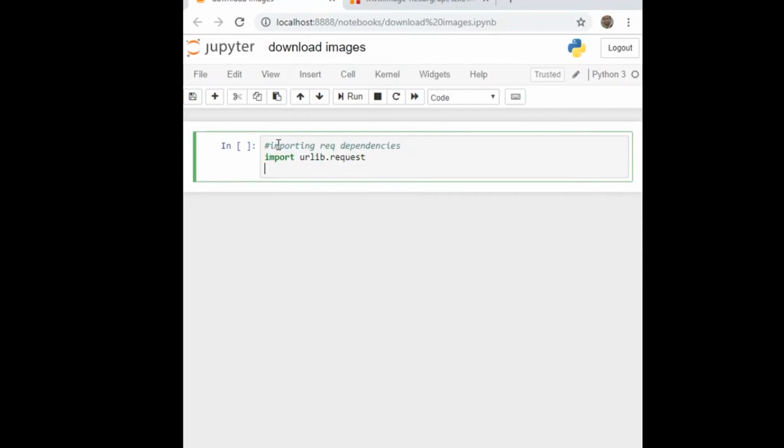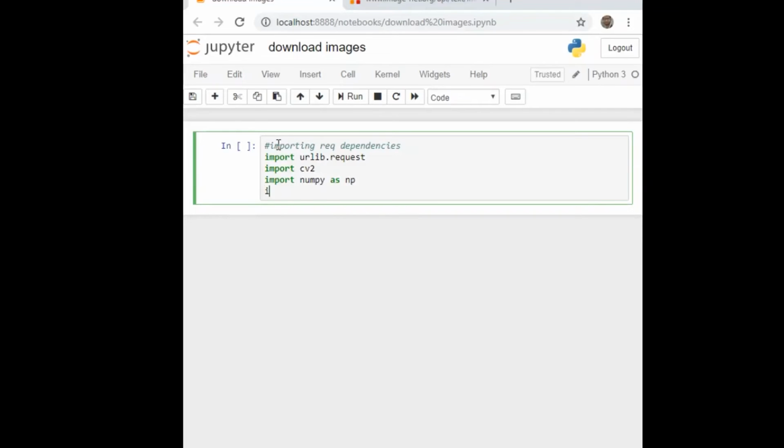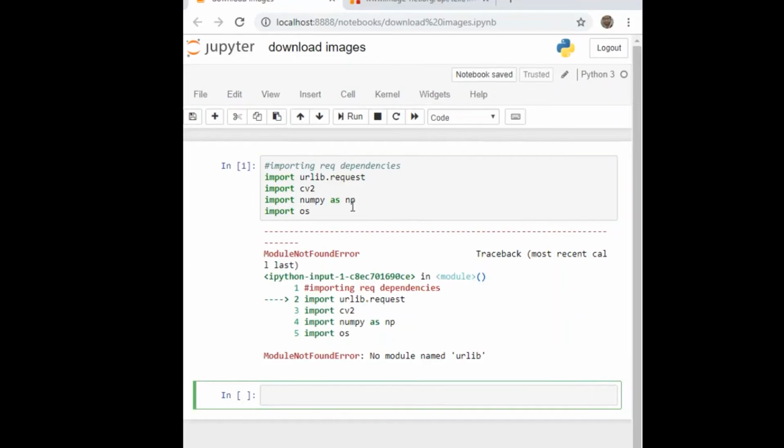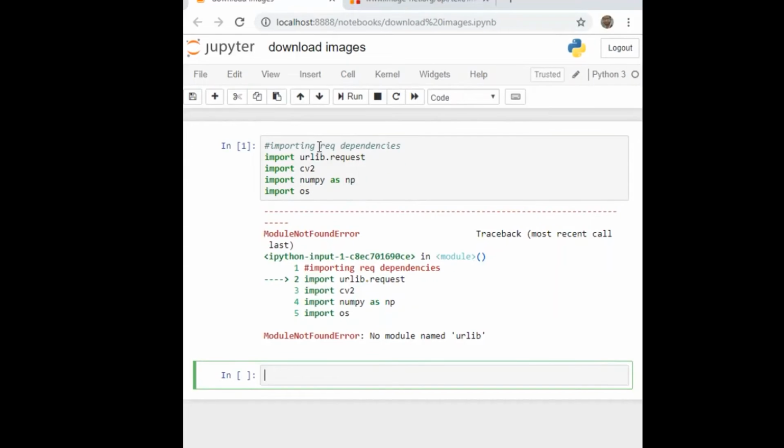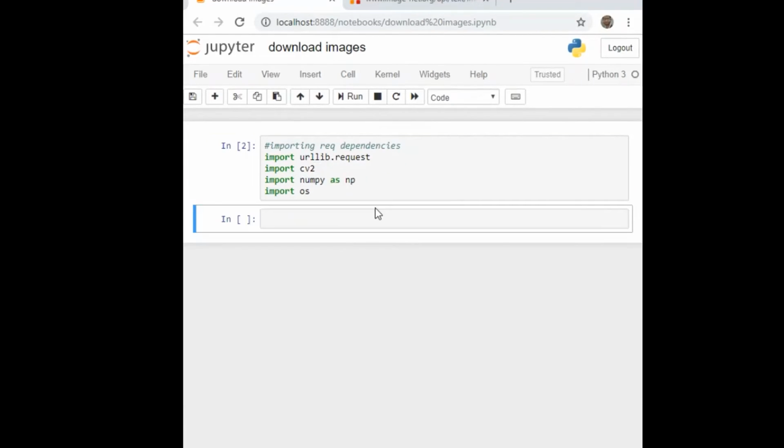urllib.request. Then we'll be importing cv2. Then we'll be importing numpy as np, and in the end we'll be importing os. Okay, it's fine now. So once we've imported these required dependencies, now we'll